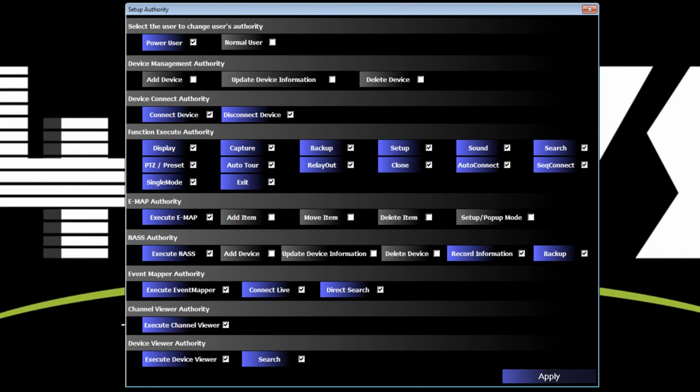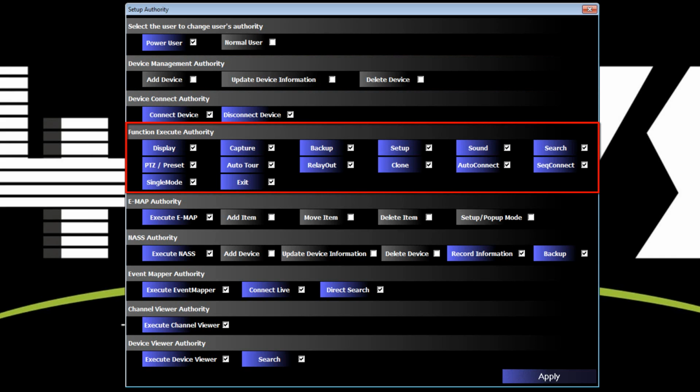You would first select the type of user that you would want to modify, either power user or normal user. You can then specify the device management authority, which is the ability to add a device, update a device, or delete it. The device connect authority, to be able to connect or disconnect from a device. Function execute authority, to either display the OSD menu, PTZ control, go into single mode, perform screen captures, initiate AutoTOR